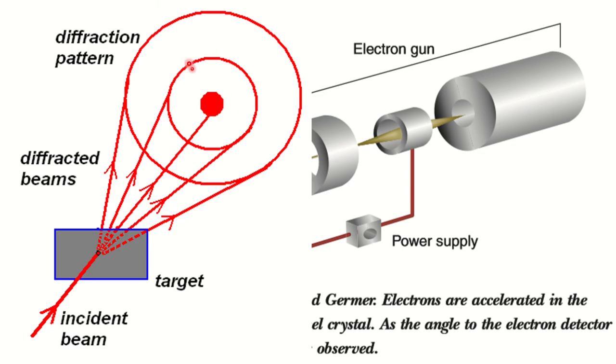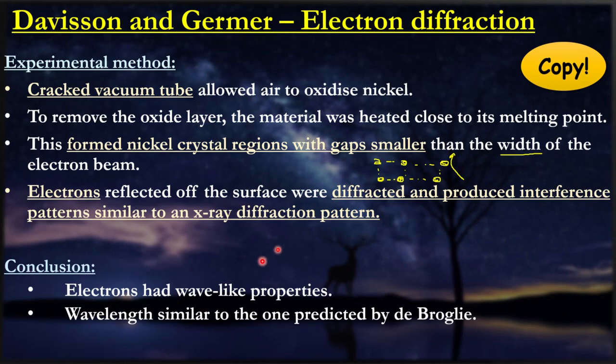Okay, so this was the pattern that we see here. Once it goes through the actual crystal, it's being bent into different directions, different angles, and that's why we see this diffraction pattern, this interference of the electrons. And so this experiment establishes that electrons do behave like waves because they can be diffracted and can have interference patterns. They found that the overall wavelength was similar to the predictions made by de Broglie.